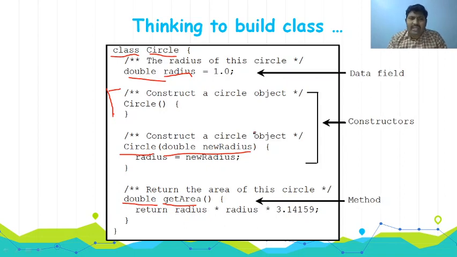Remember once again, if you want to write a class, the first keyword you have to write is the keyword class. After that you need to mention the name of the particular class. After that it should contain the variables, which give the state, and it should contain the methods. So like this we need to build a class. The class is built based upon the data fields and methods.